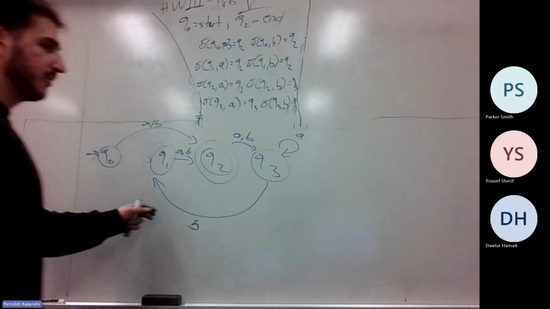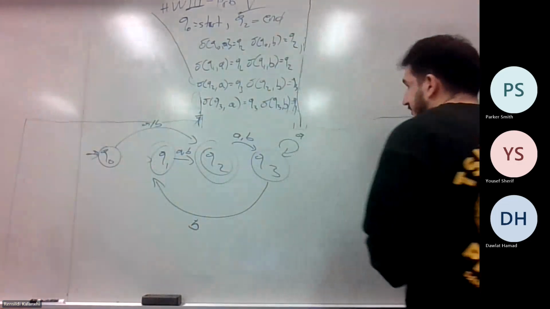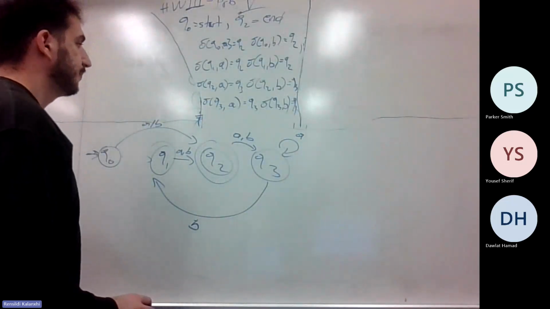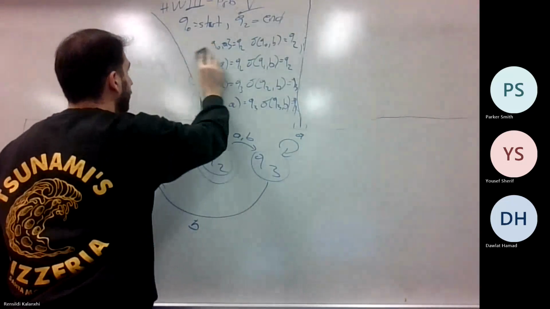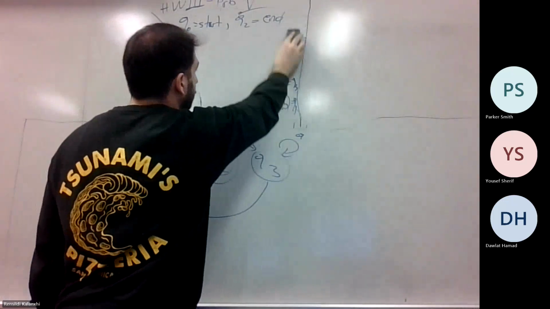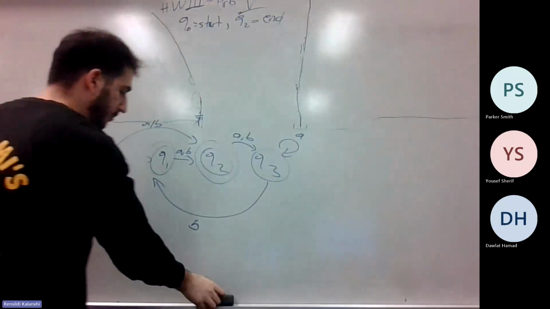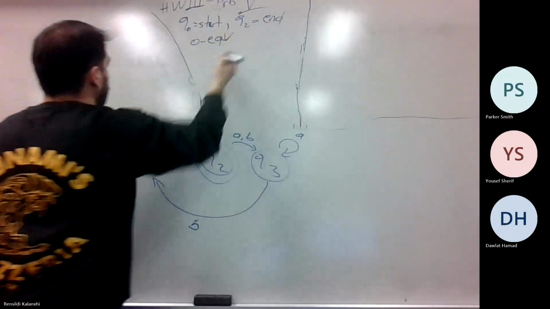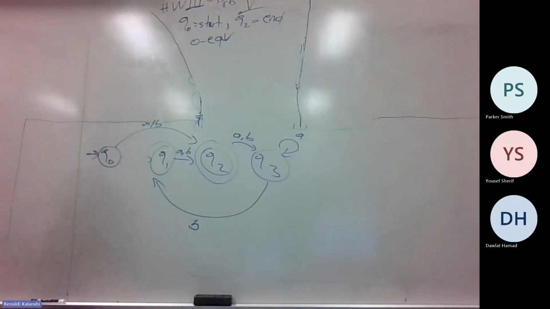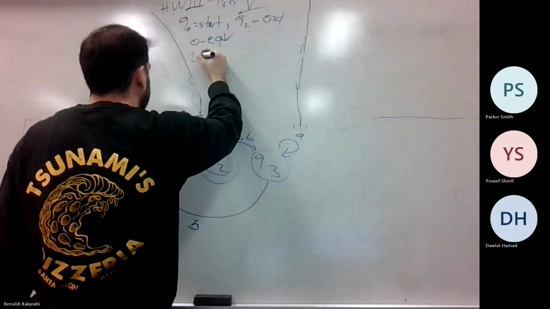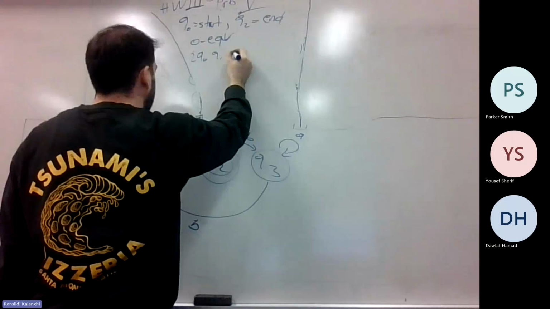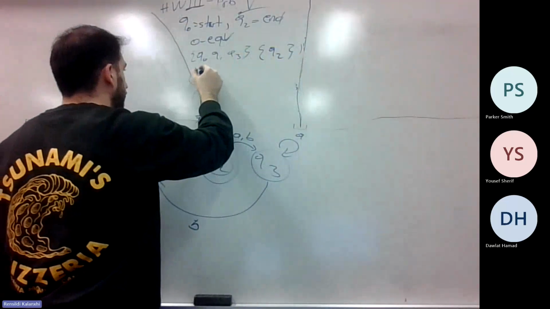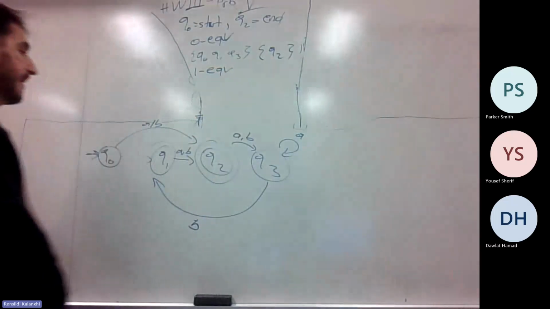So this is what we want to minimize. So let's start with the equivalences approach. We have setting Q0, Q1, Q3 to one state, and then Q2 to the other state. And then first equivalence. All right, we're seeing